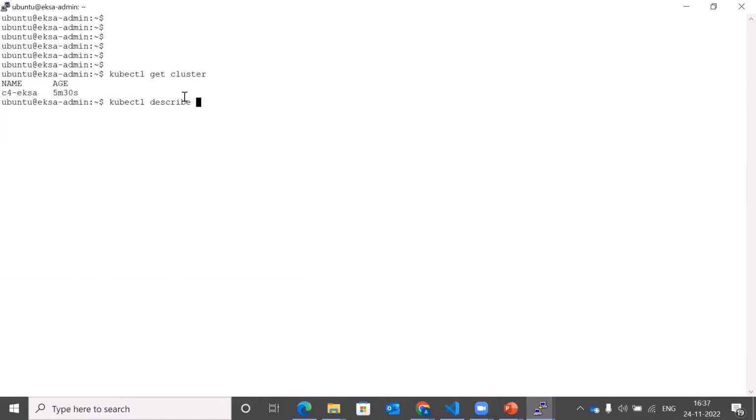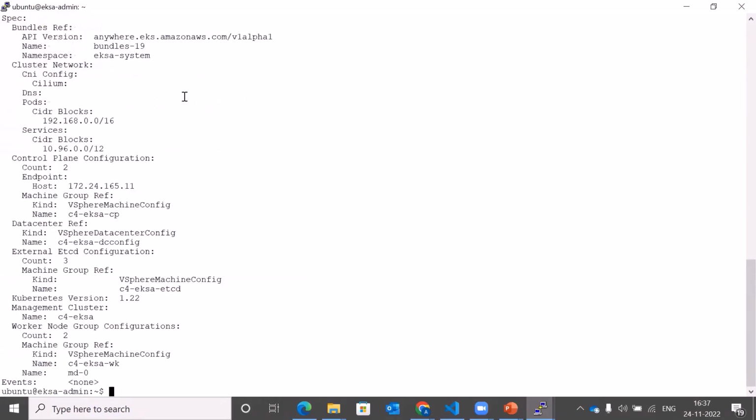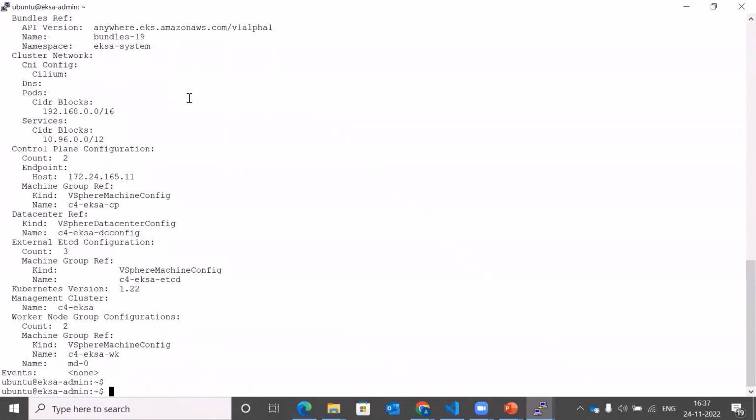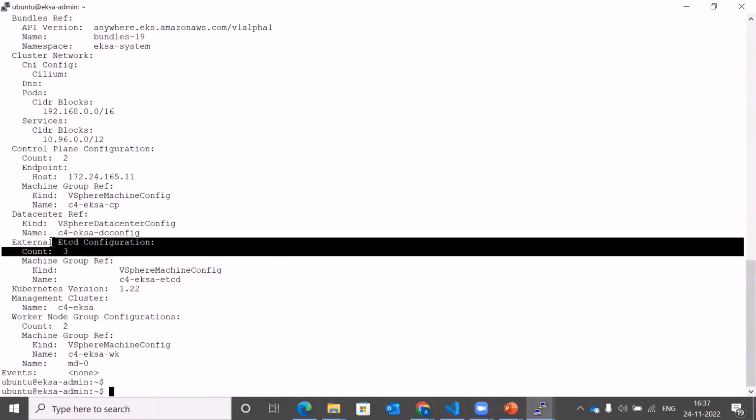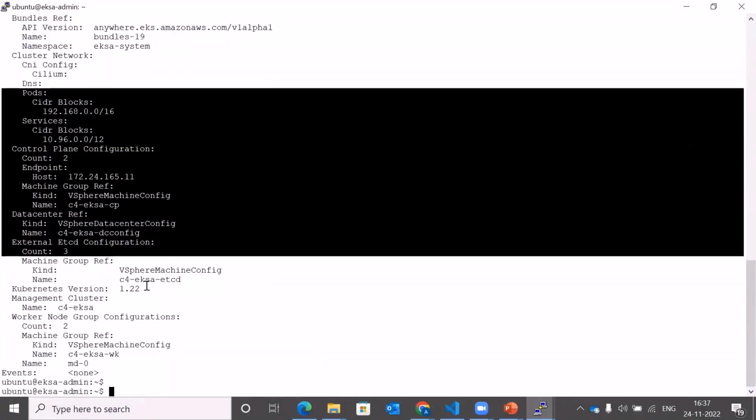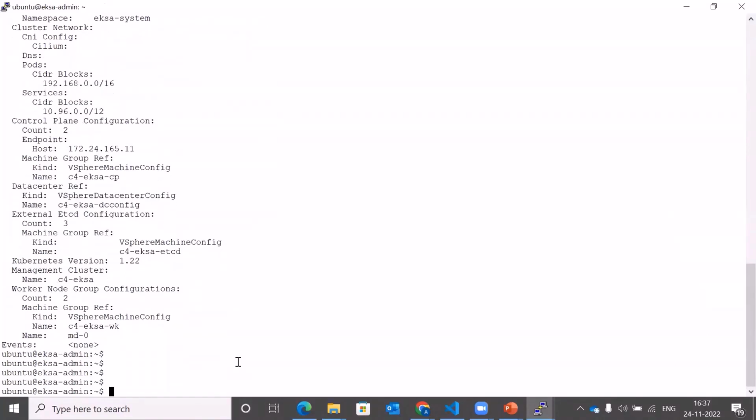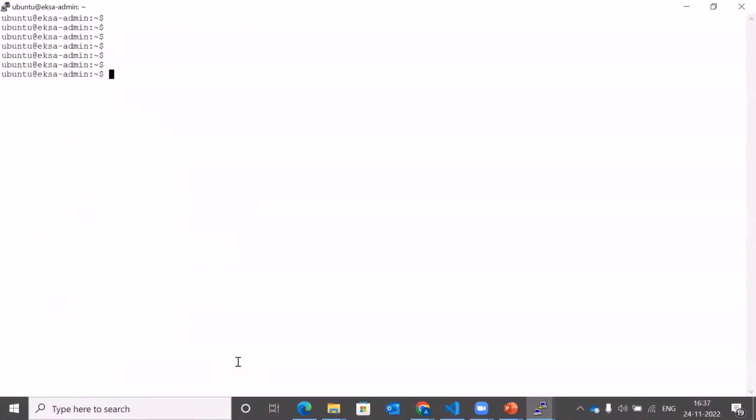So if I just describe cluster C4 EKSA, you can see it's nothing but a snippet of our YAML template, which was actually put in play to create the cluster itself, right? And I can see the count and everything here. Now, understand this. I'm getting this from the output of this particular